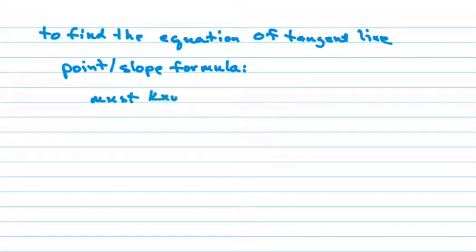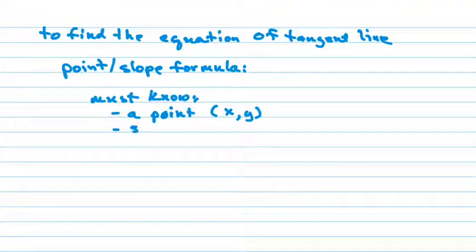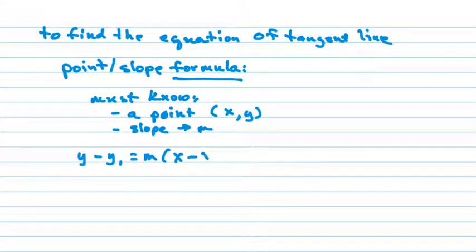Exactly. Yeah, you better know the formula too. Must know a point, right? And remember, a point has an x and a y value, yes? We must know the slope, also known as gradient, which we always use the letter m to stand for slope, right? And of course, yes, you must know the formula. The formula is y minus y1 equals m times x minus x1,